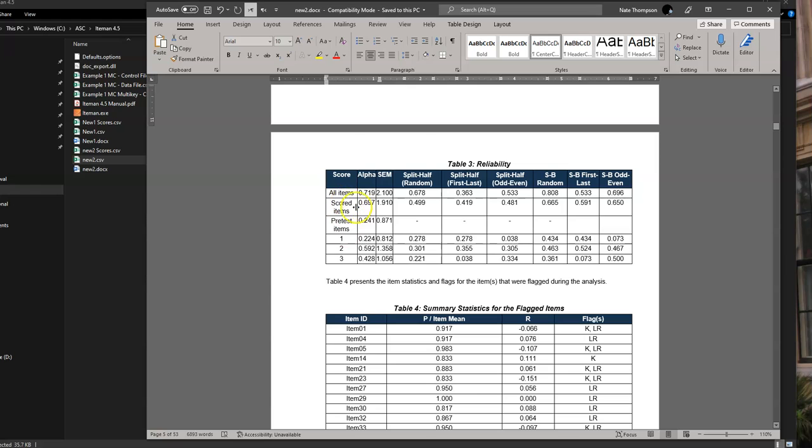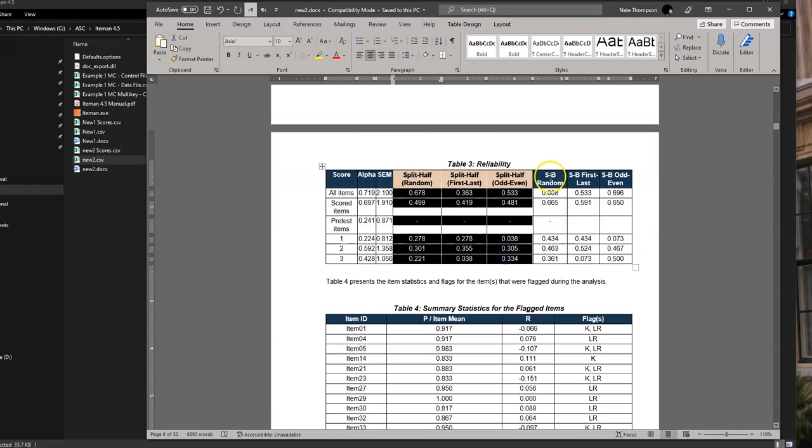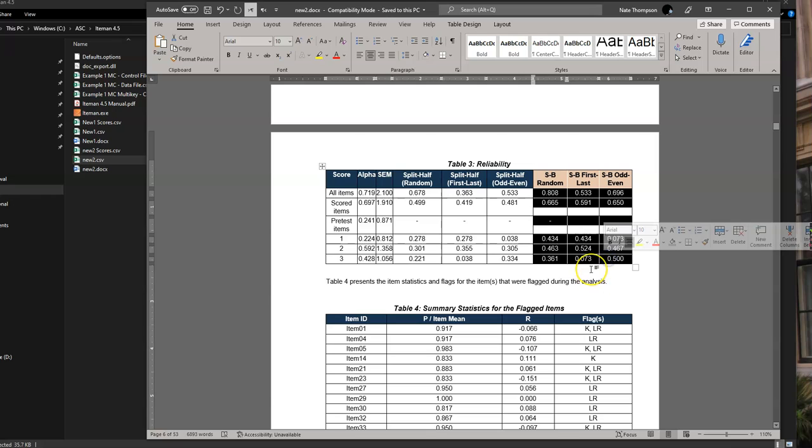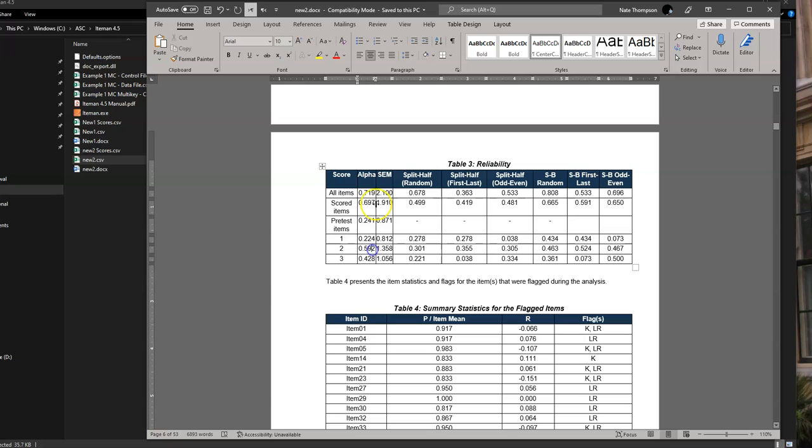Then it provides the same breakdown, but for reliability analysis, including coefficient alpha, standard error of measurement, and split half using 3 different ways of doing split half, and then the Spearman-Brown step up of those using split half. You can see that the overall assessment was okay reliable, and that it's got a reliability of 0.719, but the domain scores for domain 1 were actually pretty unreliable at